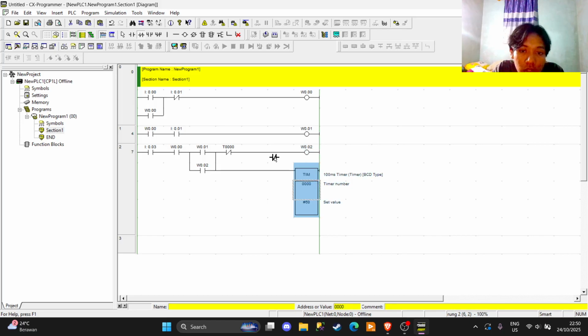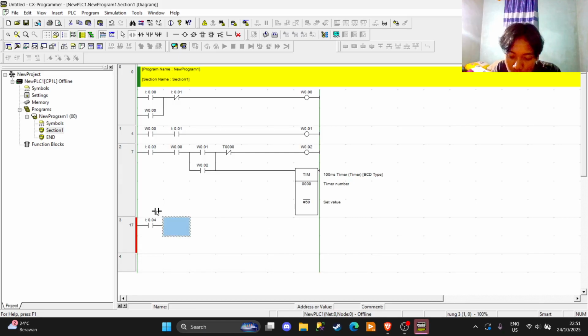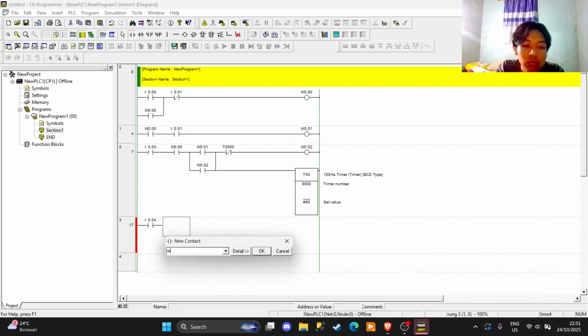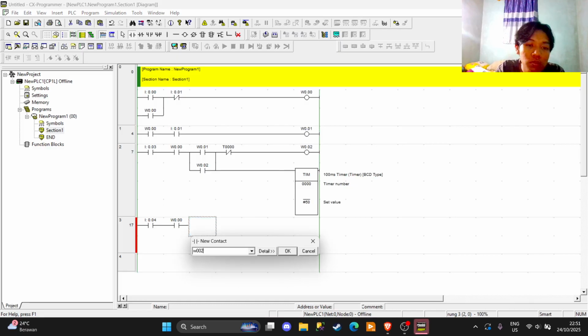And then on the next rung, we're going to put the switch 0, and then the system is 000, and the output from the proximity sensor is 001.